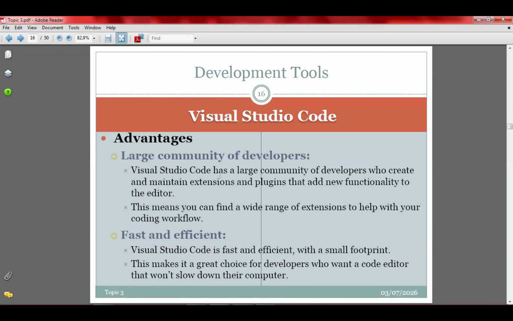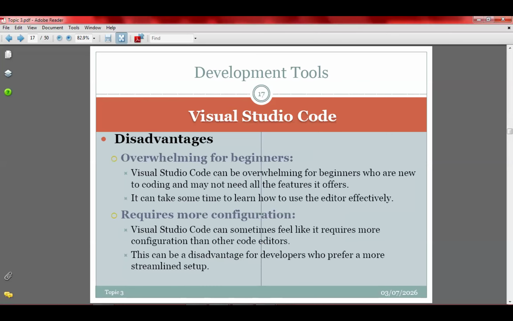It has a large community of developers who create and maintain extensions and proxies that add new functionality to the editor. So a lot of people are involved in enhancing the functionality of VS Code. This means you can find a wide range of extensions to help with your coding workflow. It is fast and very efficient.